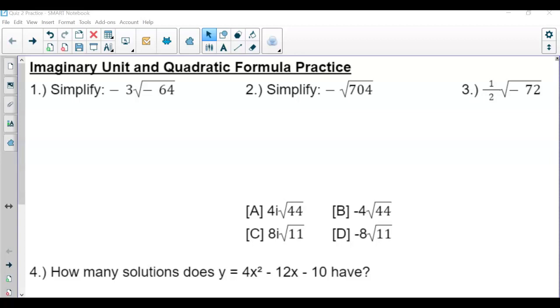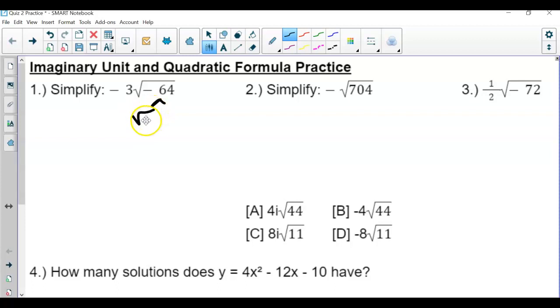In this video, I'm going over the practice and review that we're going over in class today for quiz 2. With these first few questions, we're again focusing on simplifying the radicals, whether it's a real or imaginary. So notice here with the first one, this is the square root of negative 64, which of course we can